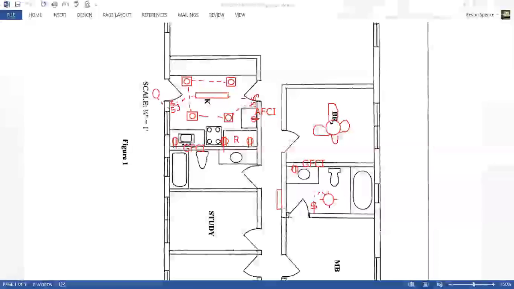The main distribution panel or the breaker box must be readily accessible, meaning it must be at a point in the house where you can reach it at all times. It is not blocked or covered by any furniture or anything, because that is your main safety device. It must also be at a point that is close enough to the point of entry of where your supply is entering your property. So for example,